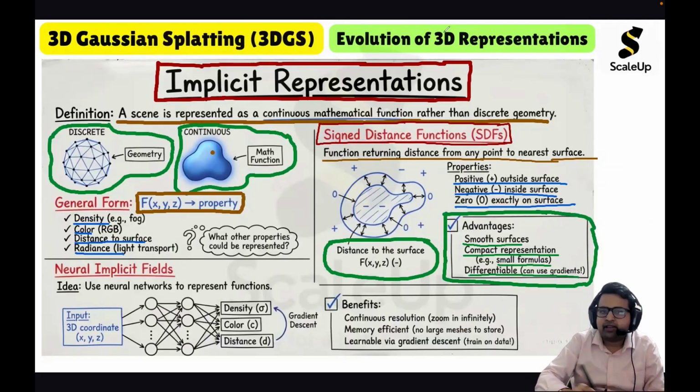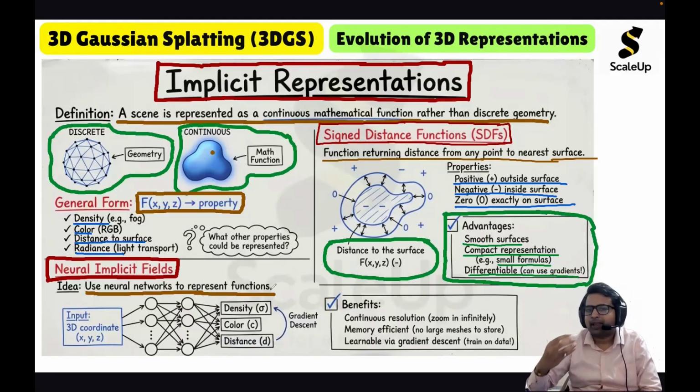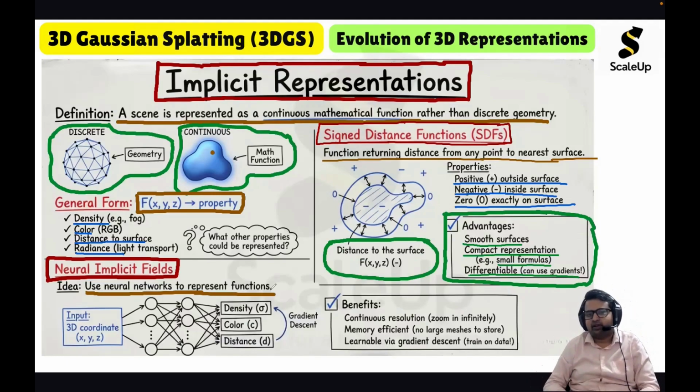There is another way, that is the neural implicit fields. We can make use of something called neural implicit fields. In neural implicit fields, we make use of neural networks to represent a function. Here the mathematical function will not be in the form of any formula, rather it will be a neural network itself. So the continuous mathematical function will be a neural network wherein we will be giving the